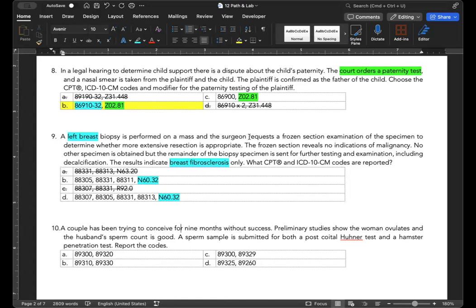No. Right. So we requested a frozen exam of the specimen, right? But it says no other specimen is obtained. So that is just the 88305, right? Yes. And then they did send the remainder of the biopsy for further testing and exam, but that's not a separate one. So if we go look at the 88331,